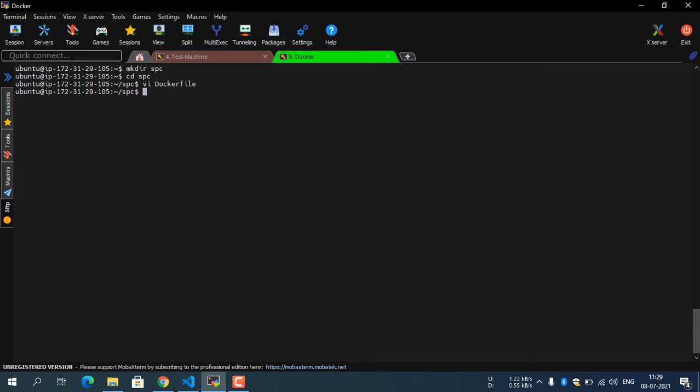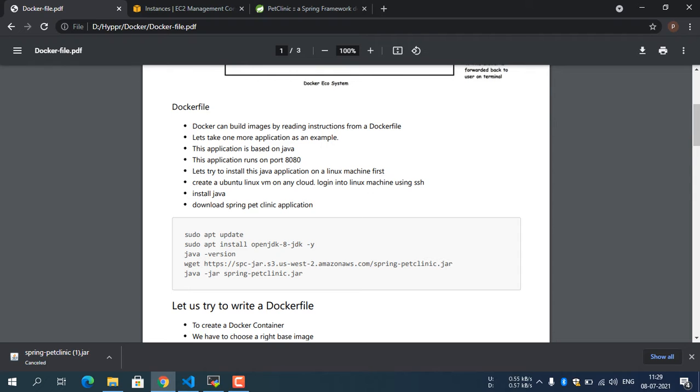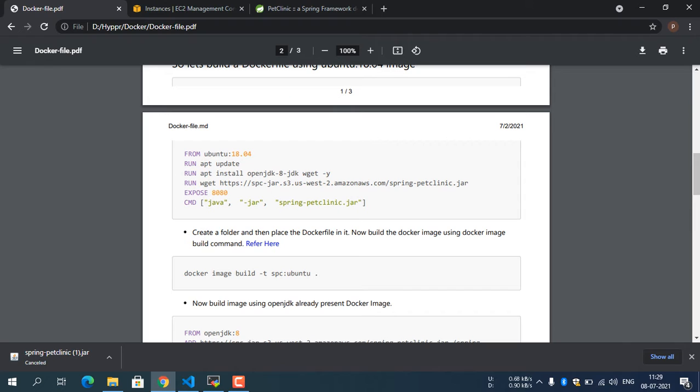In order to create a Docker image, we need a Dockerfile, and we have to write it. I have written the Dockerfile. In order to run this, there is a command called docker build -t, then the image name you want to give. I have given clear documentation for you. You can follow this. I have given the Dockerfile as well. Just copy it, and I will give this documentation in the description below. You can use it.